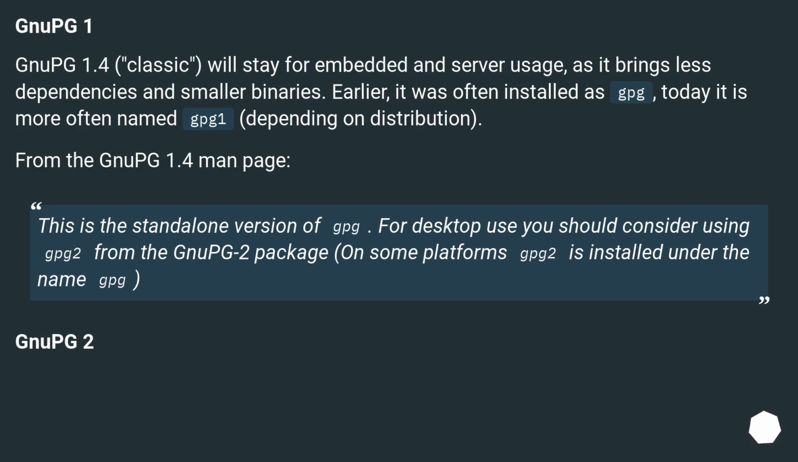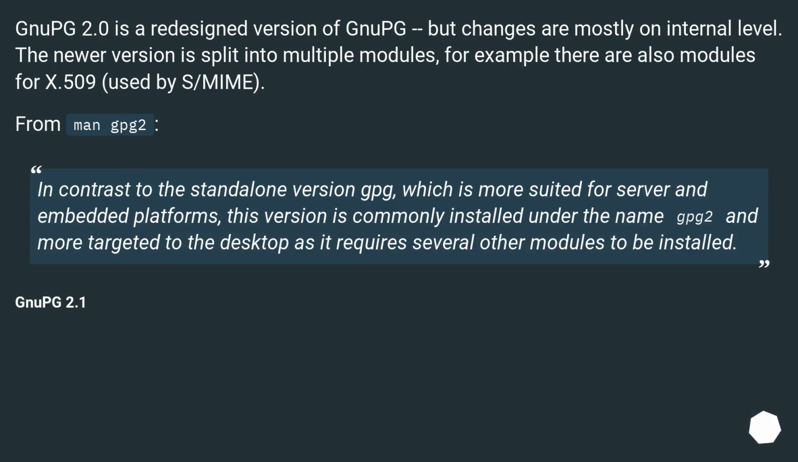GnuPG2. GnuPG 2.0 is a redesigned version of GnuPG, but changes are mostly on the internal level. The newer version is split into multiple modules. For example, there are also modules for X.509, used by S/MIME. From man gpg2: